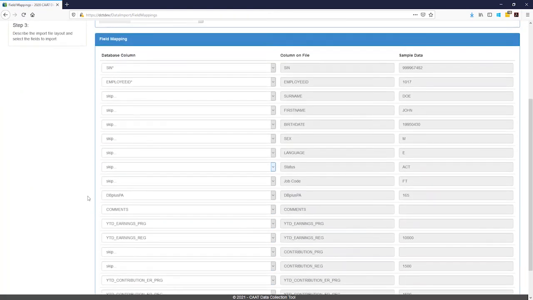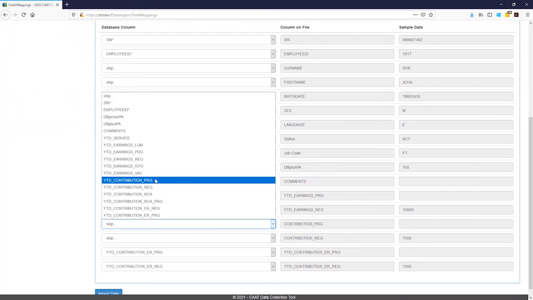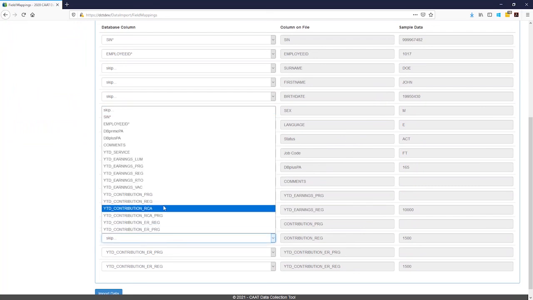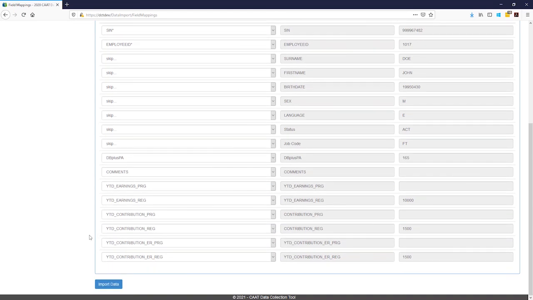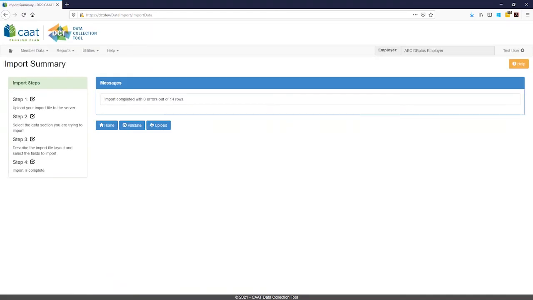We will review any fields that need mapping and click Import Data. The import summary now shows 0 errors, which means all records on my year-to-date file have been successfully loaded into the DCT, but the fun does not stop here.